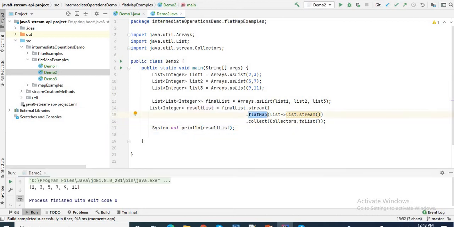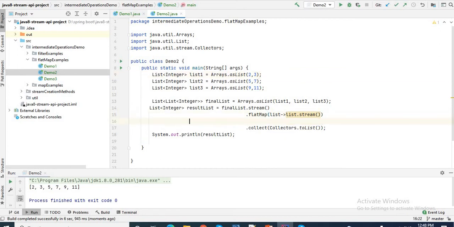Okay. So also here, if you want to, let's say, filter out only the even number, also you can use the filter concept over here. So here you can also do like this. You can add the filter. So it will accept a predicate. So what is the filter does? Filter will take a argument and it will check the condition, and based on the condition it filter out the data.